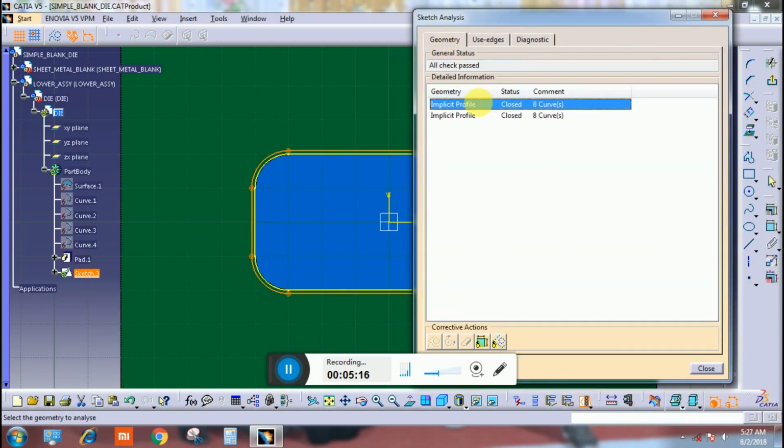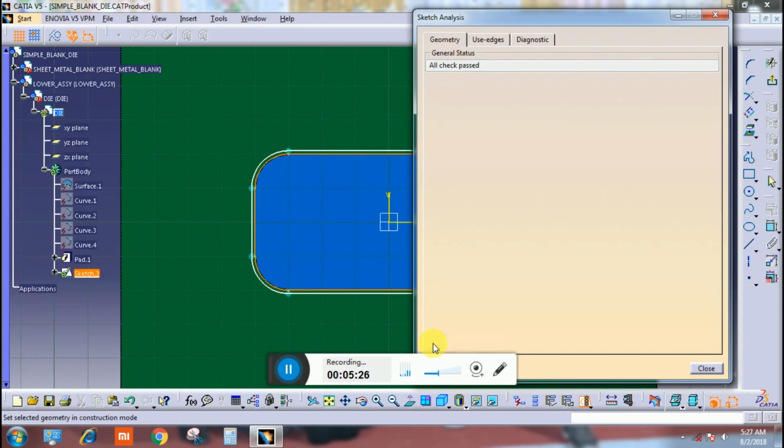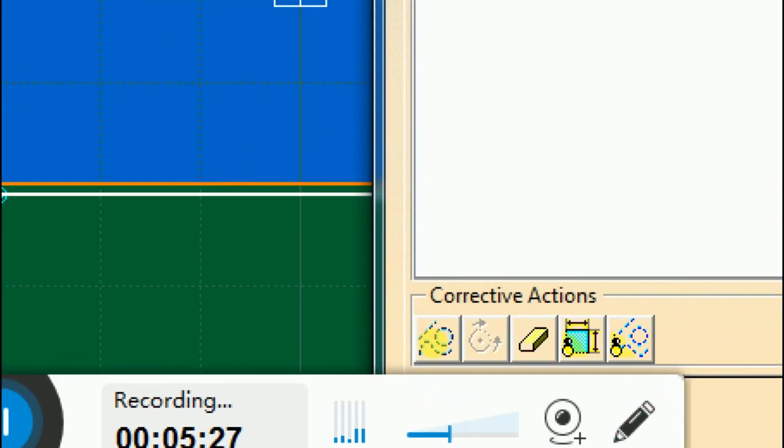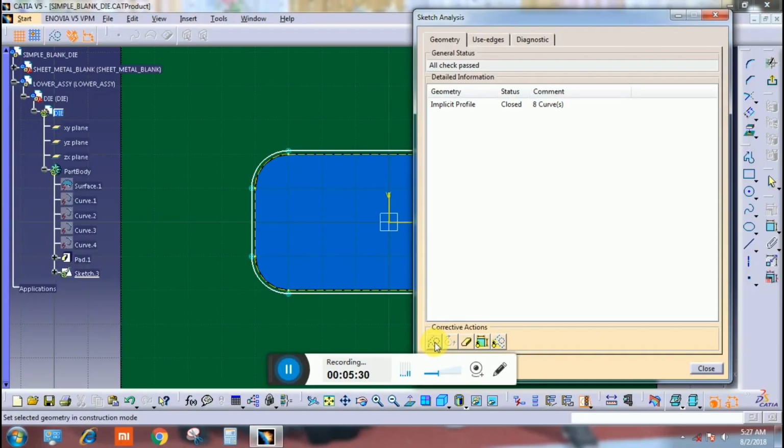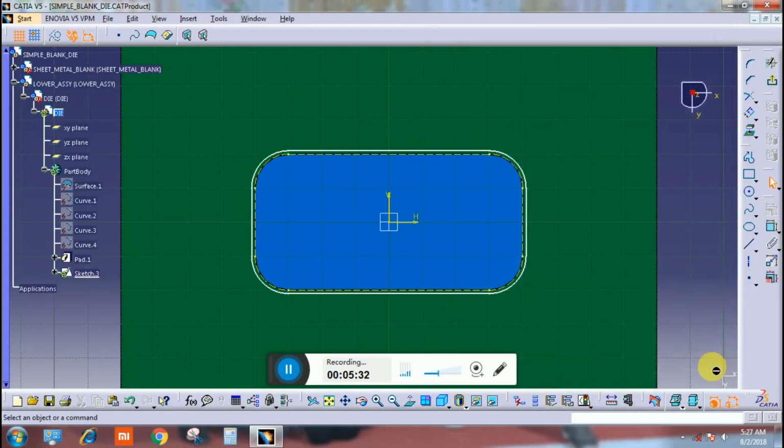Click on this command here. Close. Now this profile is ready. Relief. Click on workbench. This profile is ready of relief profile.